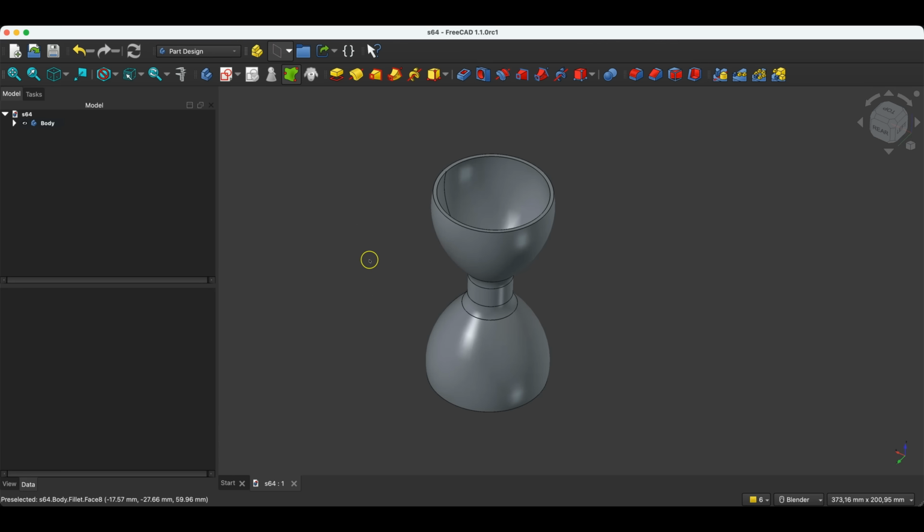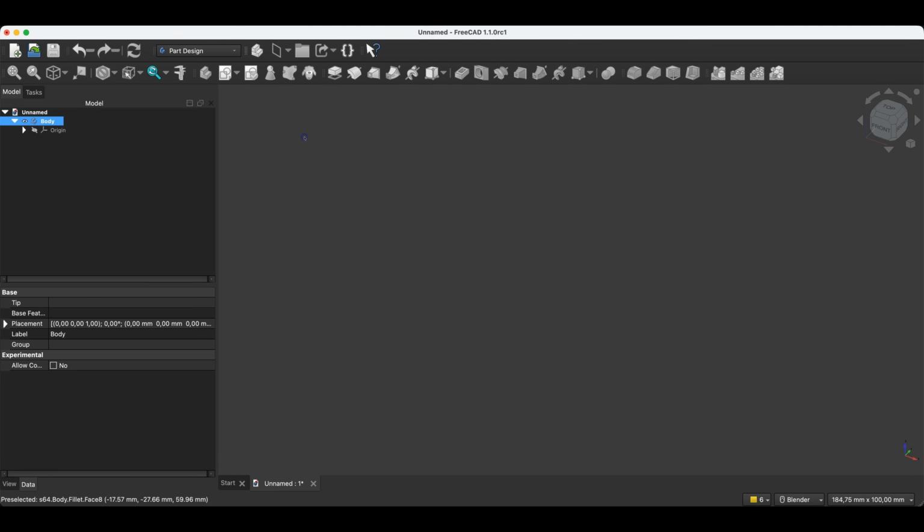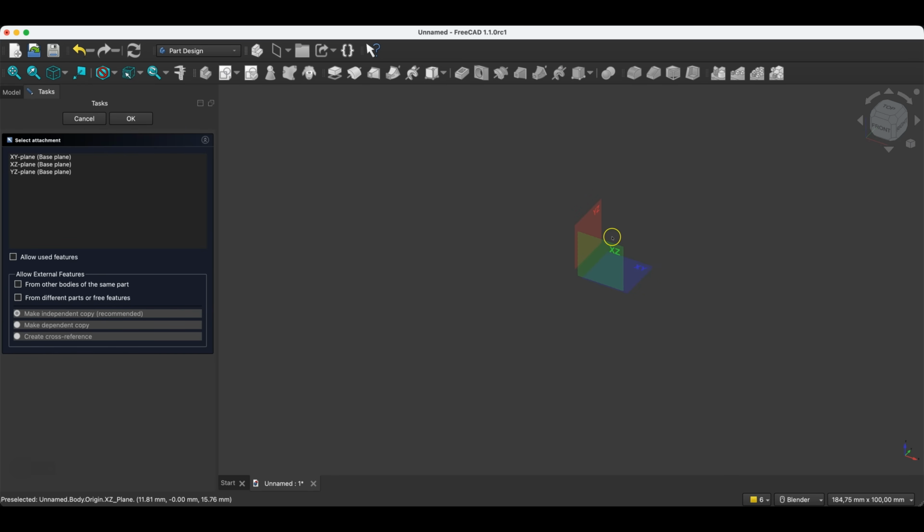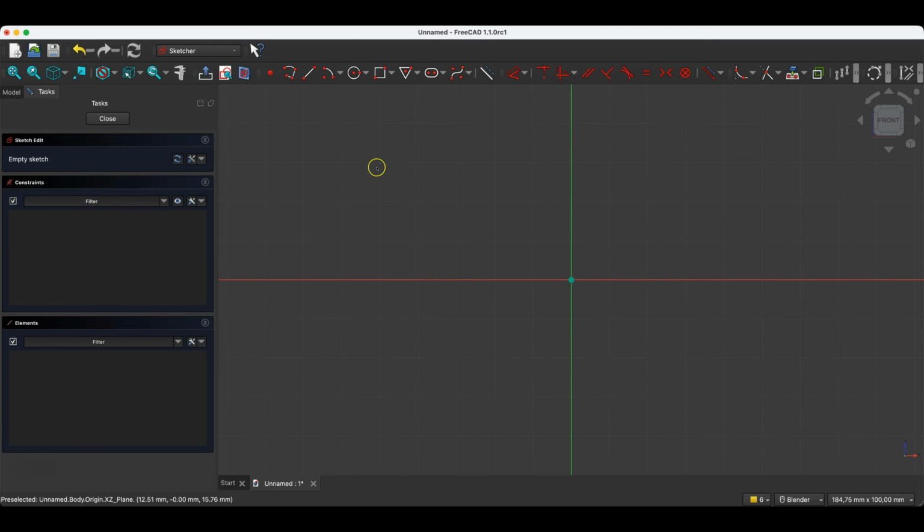And now I will move to FreeCAD and show you how to design such a part. I will create a new project as a parametric part. And here we will start by creating a sketch on the XZ plane. We select this plane and we will create a spline here. Select the B-spline command